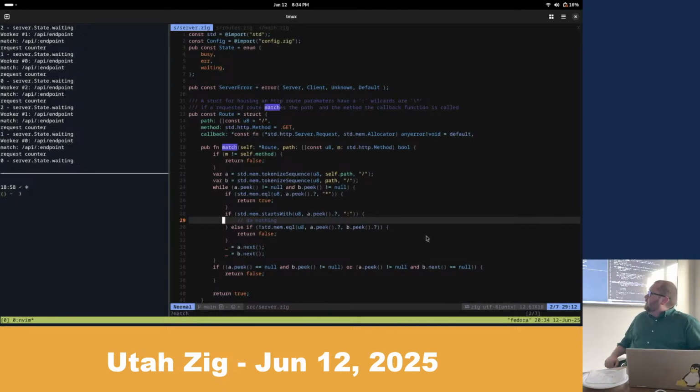And then I also do support asterisks, so if you want some kind of subrouter, you can just say, I'm going to register this function, and anything that starts with this and then has an asterisk, send all of that to me. And then I'll handle that.